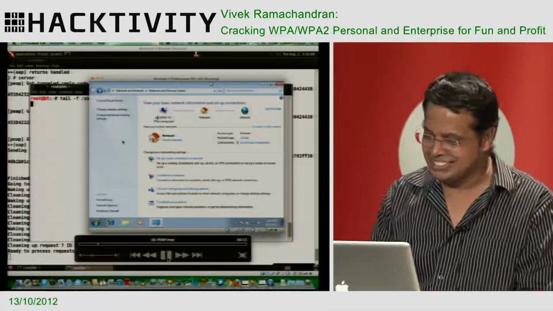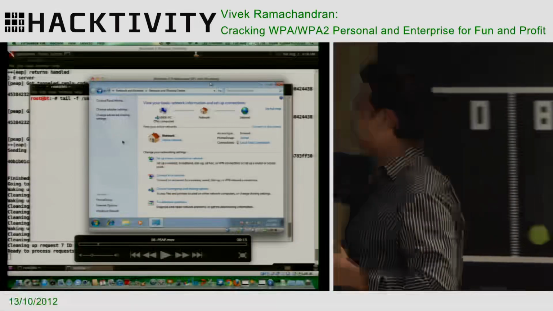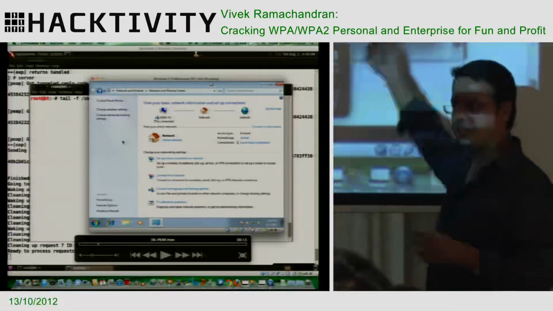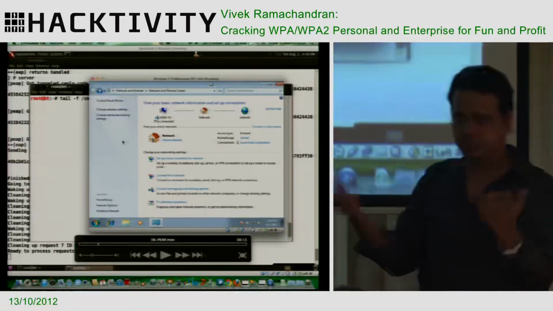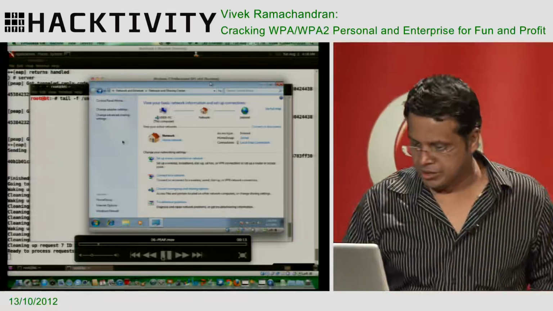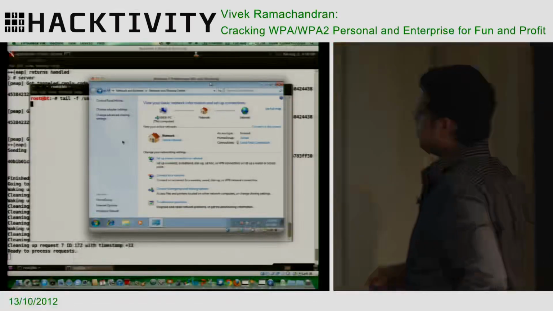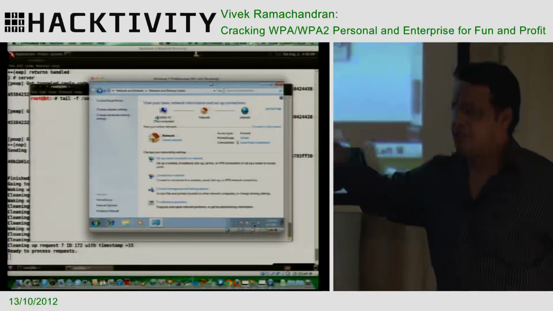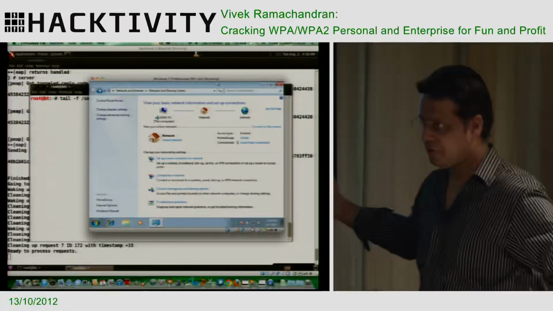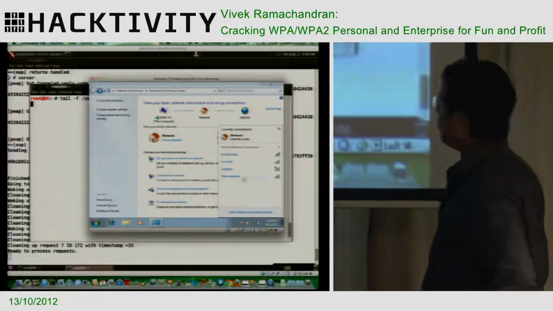And this is the client. What I've done is the client is in VirtualBox. It's a Windows 7 machine with an external card, so we can see both at the same time. And what we've done here is we connect to the access point, and this is misconfigured, which is it accepts any certificate. I'll show you what the misconfiguration is. We go ahead, we connect to the network,